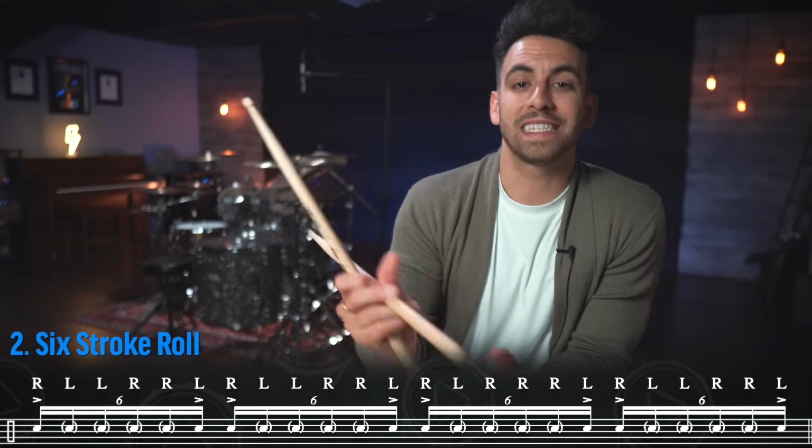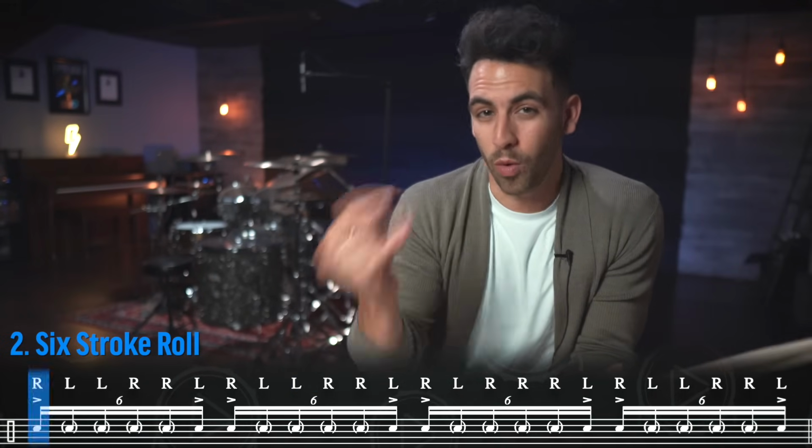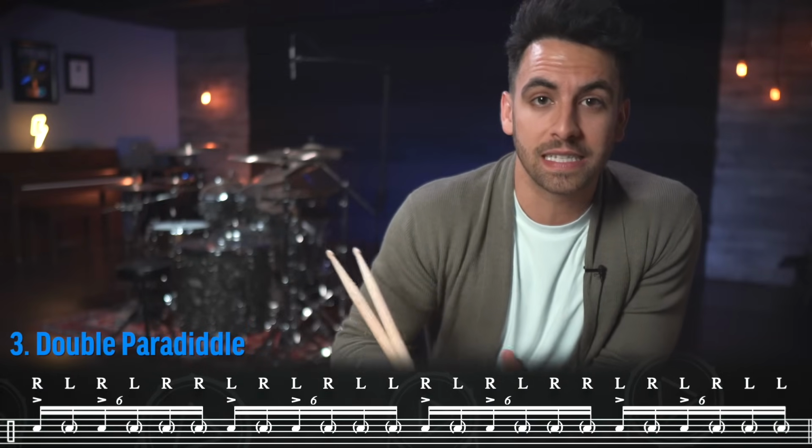But we are playing this as 16th note triplets. So now we are counting it like this. 1 and a 1 and a 2 and a 2 and a 3 and a 3 and a 4 and a 4 and a. In the third measure, we are moving to double paradiddles, which again is in 16th note